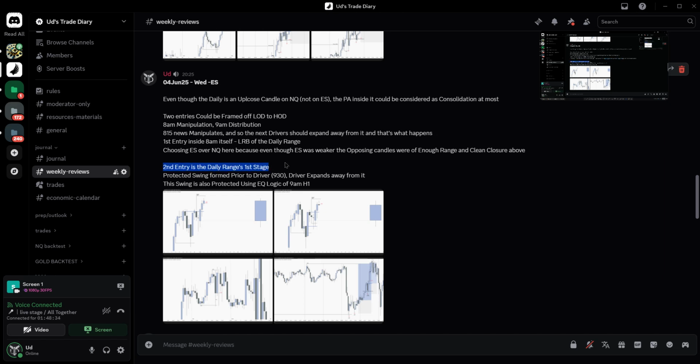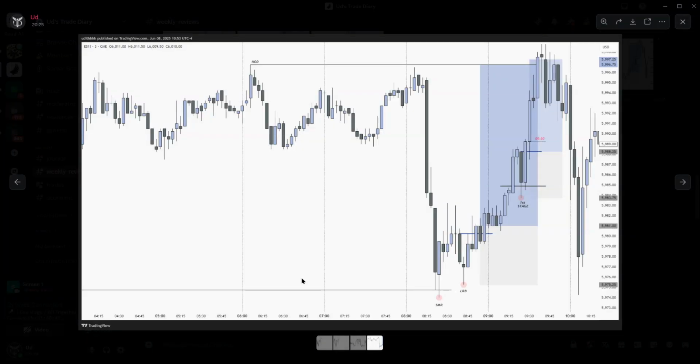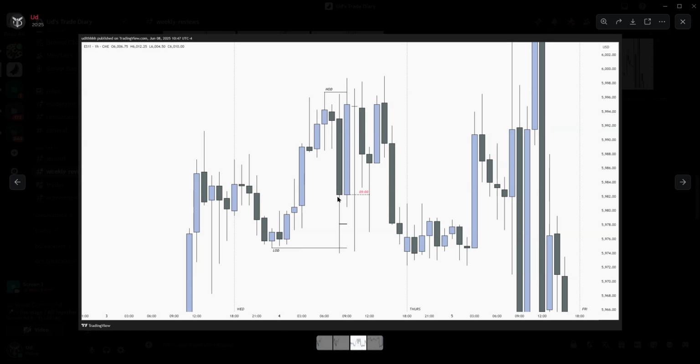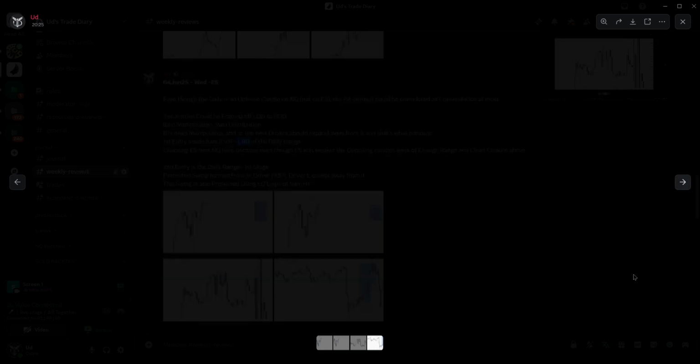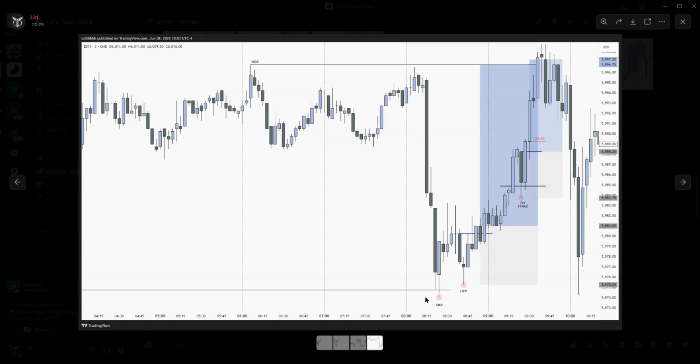The second entry is the daily's first stage, meaning the continuation after this one. This is the first continuation, this is the next continuation. Let me talk about this after I show you the chart. So let me show you the H1 again. This is the 8 a.m. candle putting in the low of the day and displacing away, 9 a.m. open till here, correct? These are my hourly separators. The 8 a.m. candle opens right here. This is 8:15 manipulating,